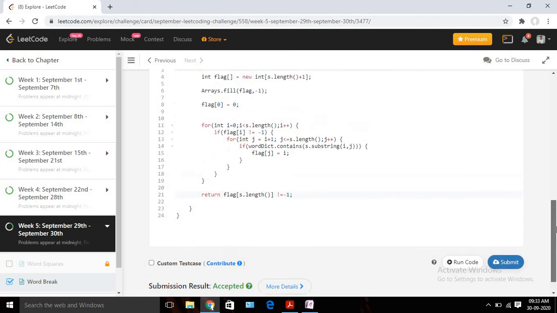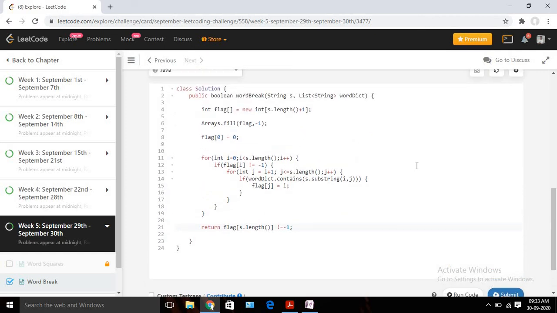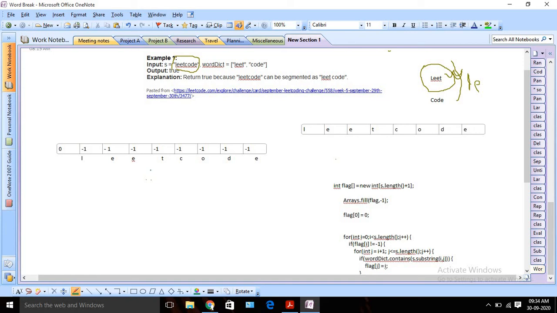So let's recap the code once again. We took this array and initialized it with all -1, and our array size will be one more than our string length. Now we are starting from position i equals 0. We are picking the first one and taking the substring.